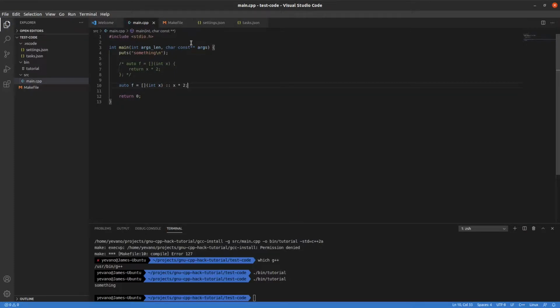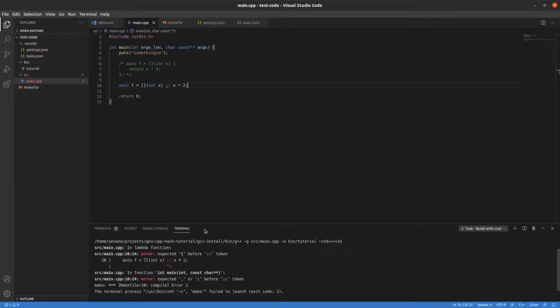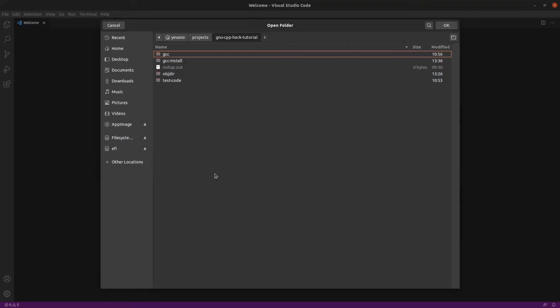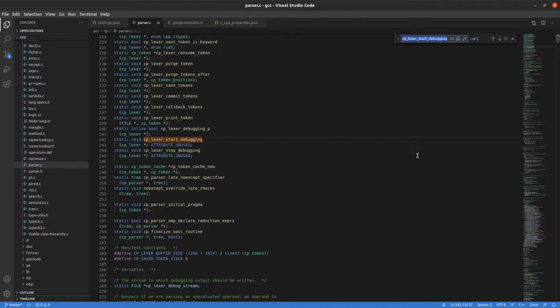So yeah, obviously if I try to compile this right now, we're gonna get some issues. That's not in this regular C++ compiler, so let's see what we can do about that. Alright, so we're gonna go ahead and open our GCC repo folder. So the first place that we're going to be looking at is cpparser